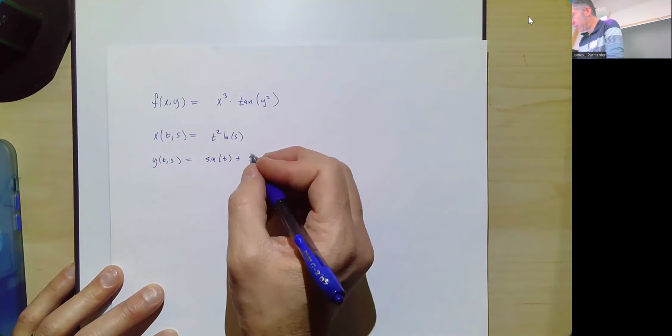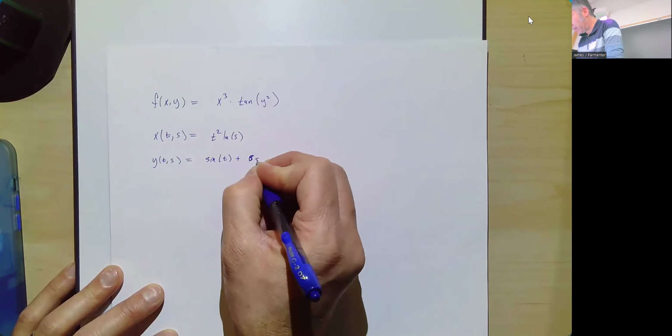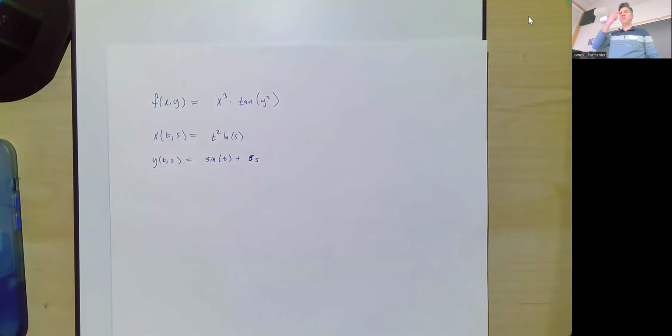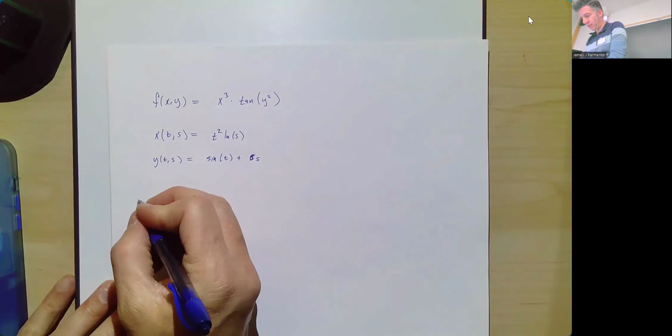5 is a terrible choice. 6s. It's only terrible because my 5s and my s's look similar. That's why it's a terrible choice. Okay. Find